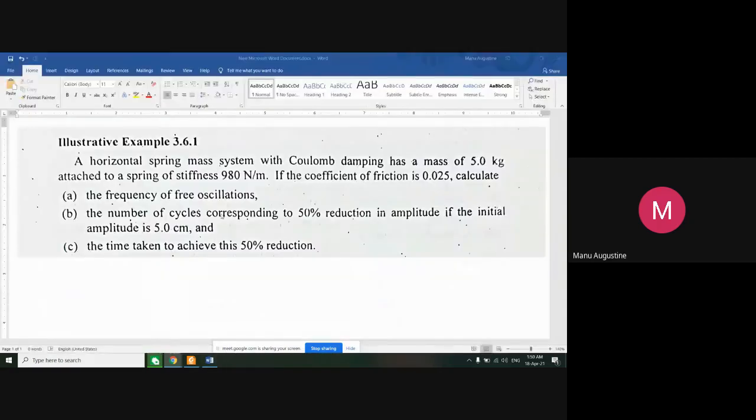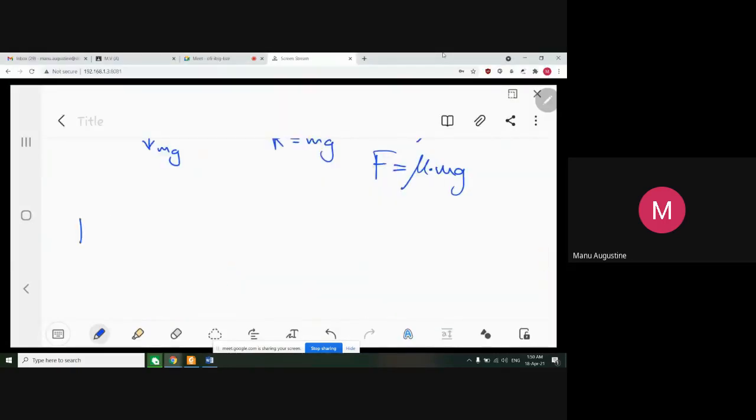अच्छा इसी में देख लेते हैं। म्यू इज 0.025, so F is equal to mu, which is 0.025, mass is 5 kg, multiplied by 5 kg mass, multiplied by small g, कितना होता है, 9.81 मीटर पर सेकेंड स्क्वायर। So we are taking all SI units, multiplied by 9.81। ठीक है, ये कैलकुलेट अगर आप करके देखेंगे तो